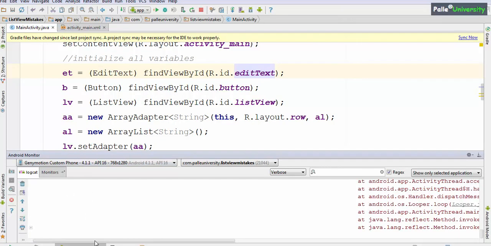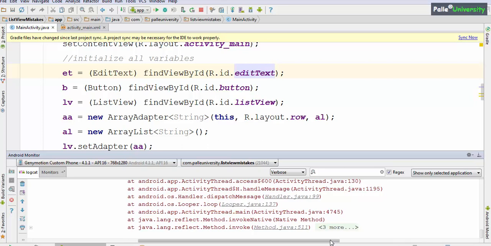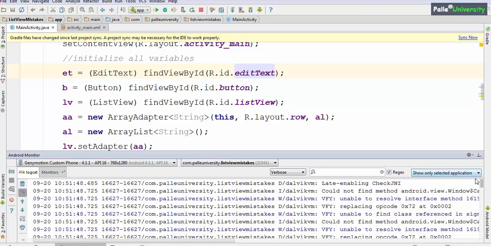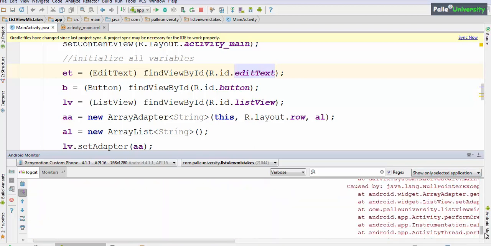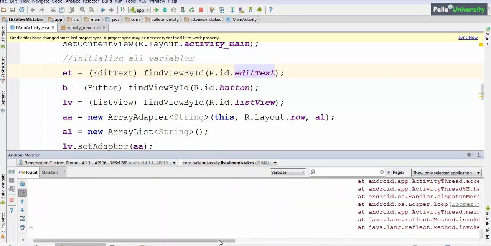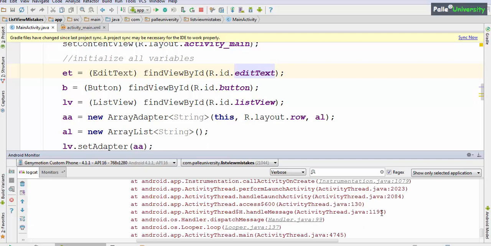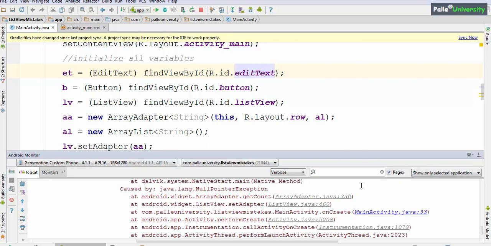Again go to Android monitor, logcat, and scroll like this. Many times people will say, when my application crashes, it is not showing red color error marks. It is all about your common sense. Sometimes your scroll bar will be on the top. Please scroll down completely to the bottom so that you can see the errors at the bottom. Always try to read errors from a bottom-to-top approach. Now I'll scroll up. Again the error is coming at line number 33.